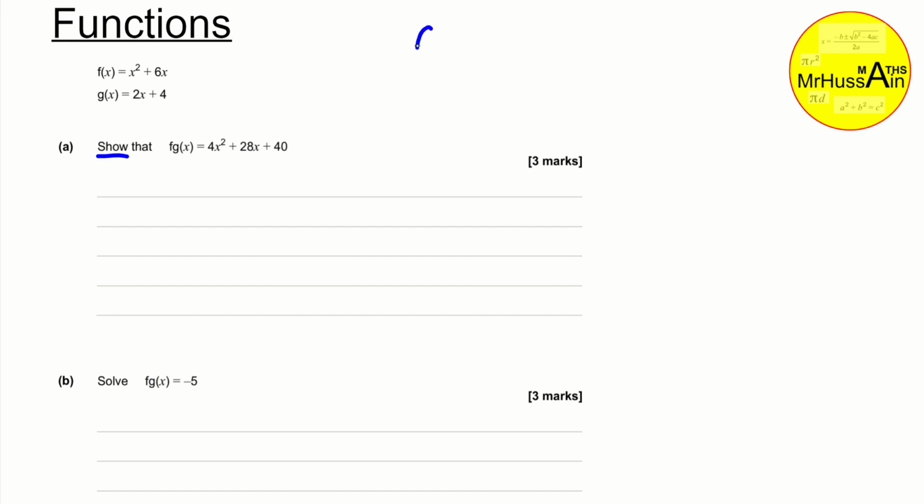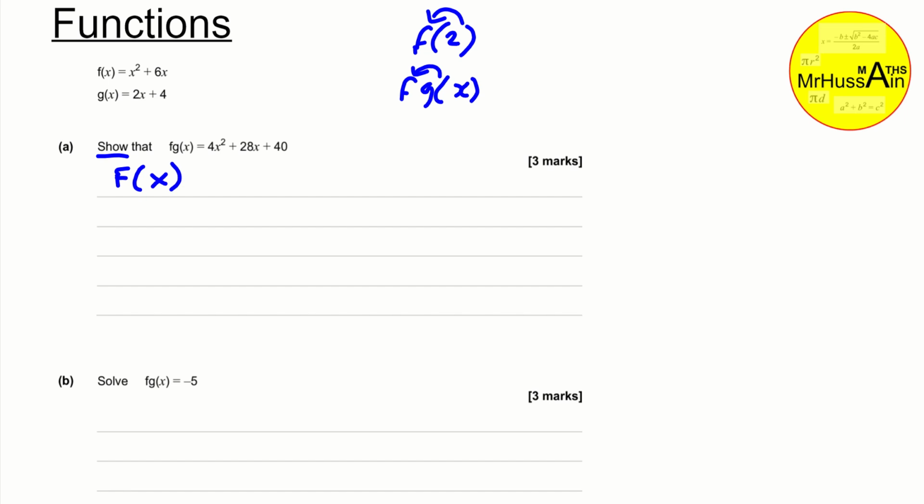Now, if we said this to you, you would substitute 2 into f. But they've told you this. So what this is telling you is g of x is your x, and that goes into f. So g of x is what becomes your new x value. So if we look here,